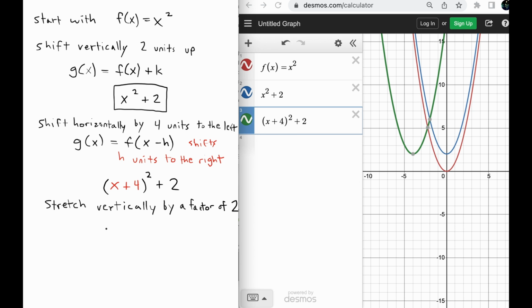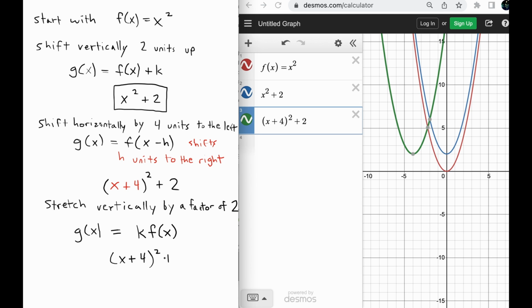What you need is you need the new function g of x to equal k times f of x, where k is just some constant being multiplied by the outside of the function. In my case, my factor is going to be 2. So I want to multiply every value in my function by 2. Typically, the easiest way to do this is to rewrite your original